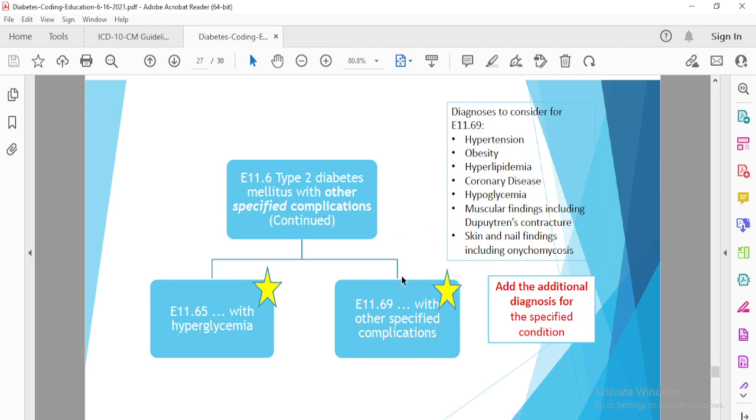For example, if the patient has diabetes mellitus with obesity, hyperlipidemia, coronary artery disease, hypoglycemia, muscular findings including Dupuytren contractures, skin and nail findings including onychomycosis, we need to code E11.69 plus specified complications. Like if the patient has diabetes mellitus with CAD, we need to code E11.69 plus